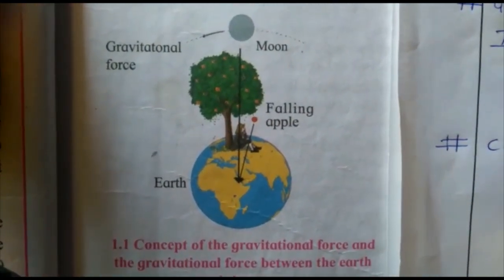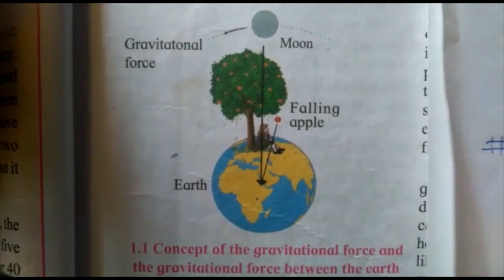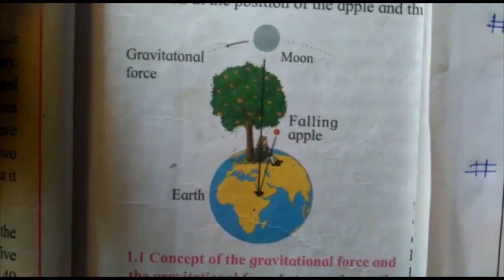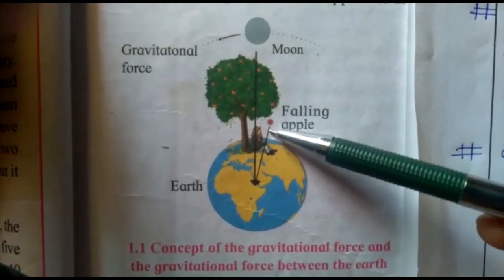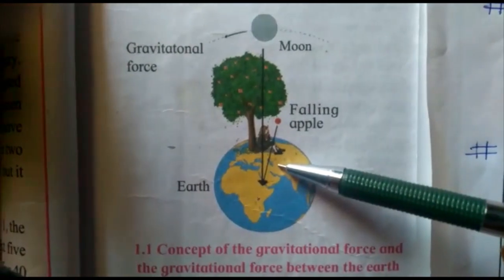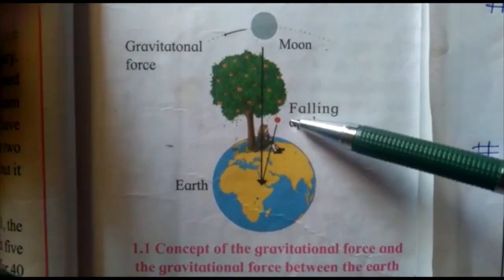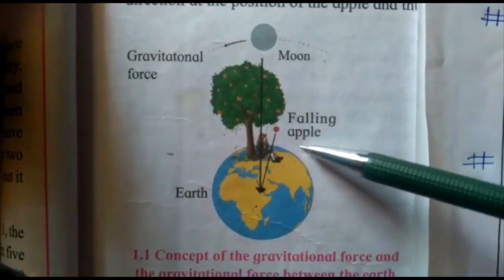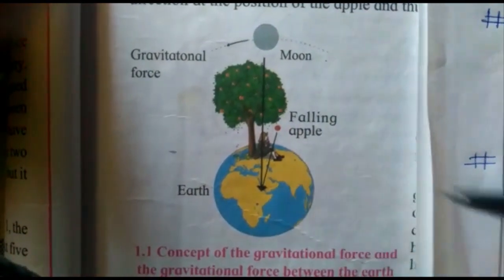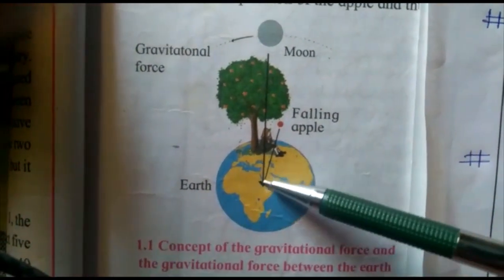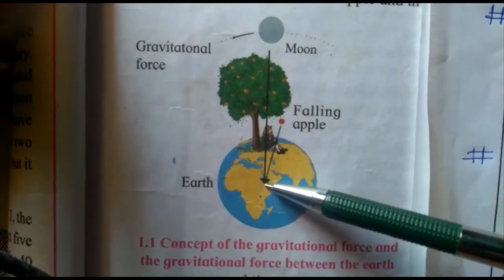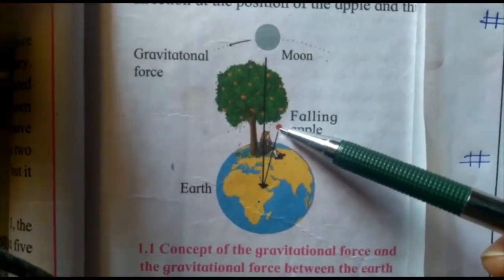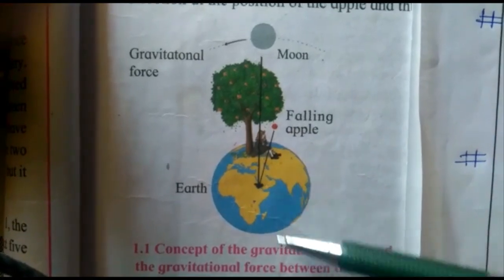He gave his life to the study of physics, gravitation, as well as mathematics. When the apple was falling from the tree, it fell on the ground. He thought, why is the apple falling in a downward direction? Why is it not going at an angle or in another direction? Why is it falling straight on the ground? Then he came to the conclusion that there might be some force at the center of the earth due to which the apple is being attracted towards the earth and falling down.